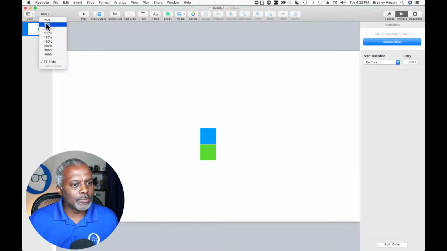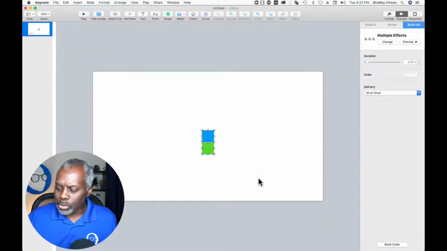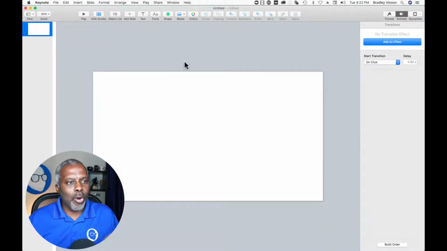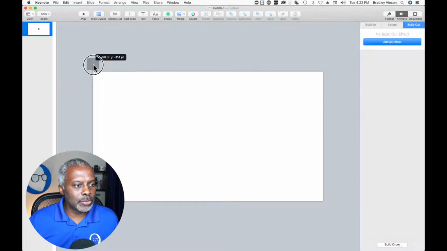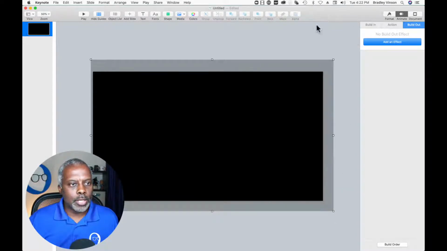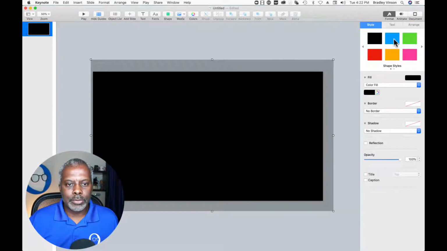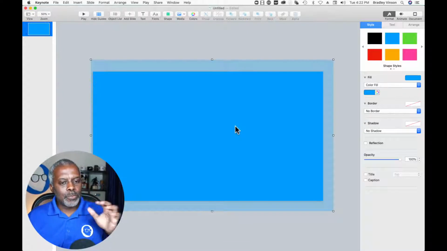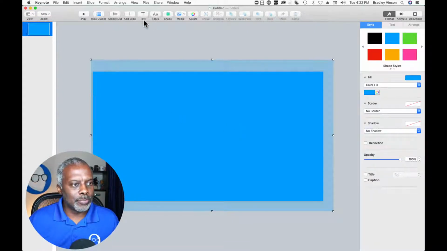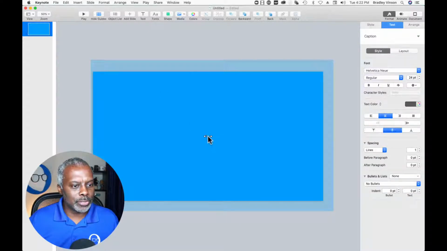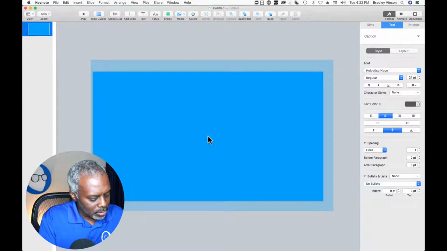Let me zoom out a little bit. So what you guys are talking about is the bar, right? So let me I'm going to do it this way. I'm going to draw a rectangle and make it a color, right? So this is the bar, and then I had it do some other stuff. Let's just make some text just for the dummy text, right? No big deal. Okay.